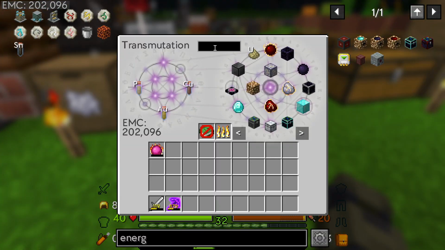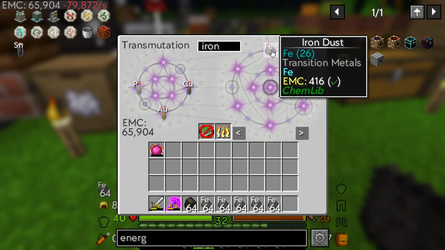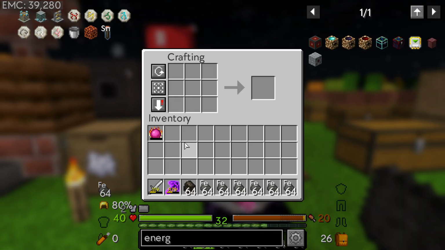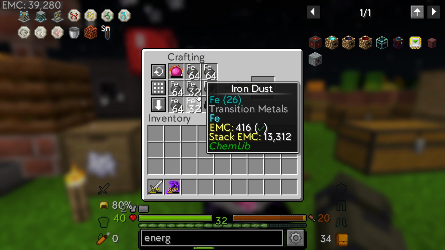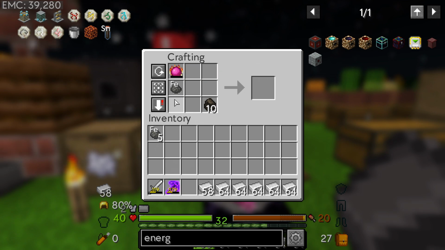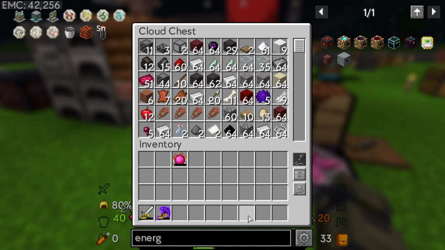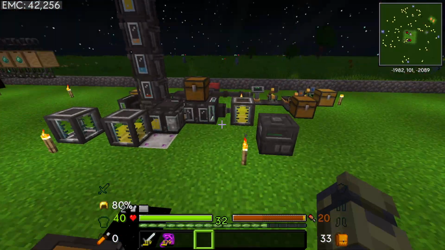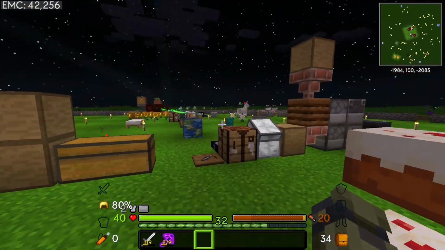Okay, by the way, this also worked for other stuff. So if I go charcoal and I go iron, 1, 2, 3, 4, 5, 6, and I come over here. And voila, all of this iron is instantaneously cooked. So yeah, this is really amazing. I wish I had known that before. Well, I wish that I had remembered it and didn't need to be given the tip